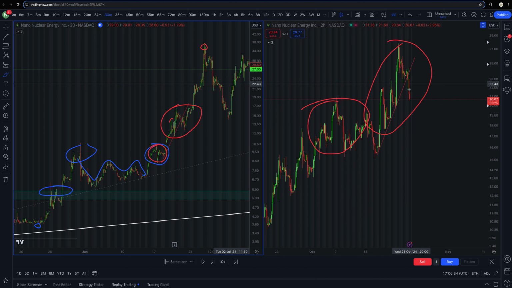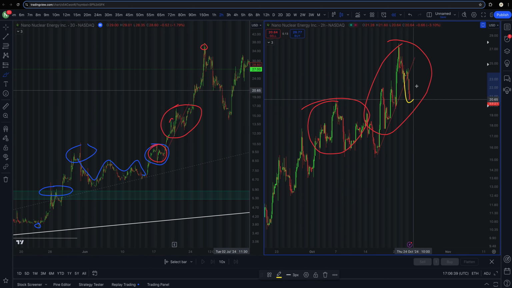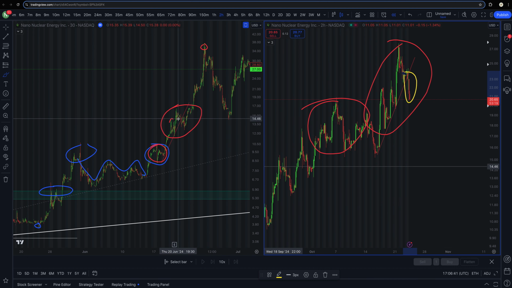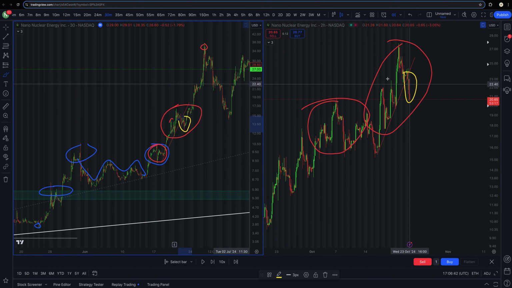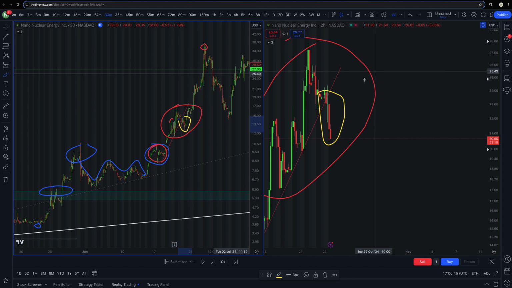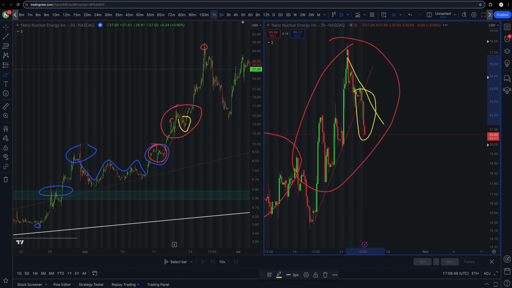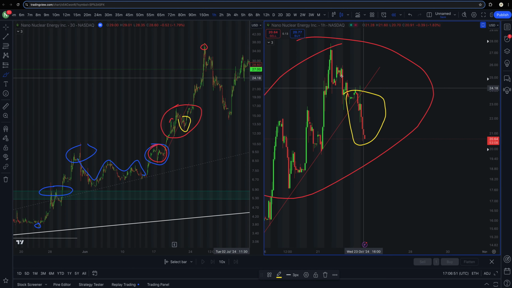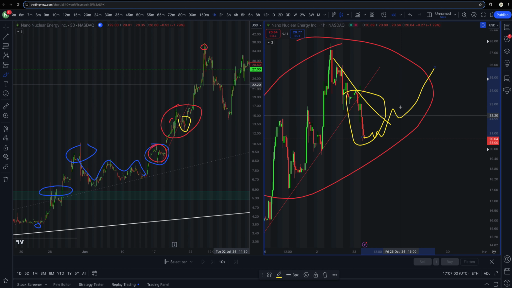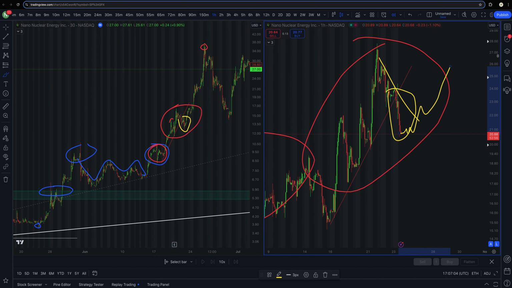before heading back up. So this right here being the break of this trend line, being this break of the trend line, meaning that after we resume above this little downtrend that it made, this one right here. So after we break above that, so let's say we consolidate here for a second and then break out above it, boom. Then we know that we're repeating this portion of the fractal and we still are heading up to